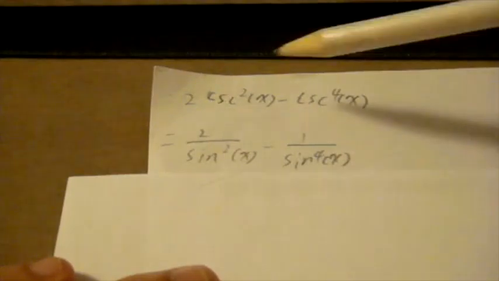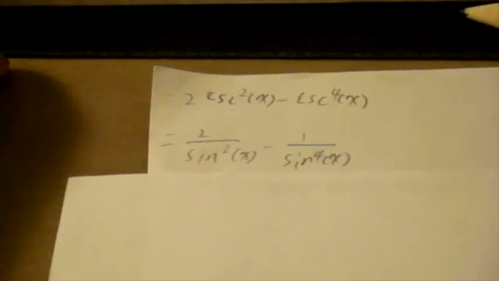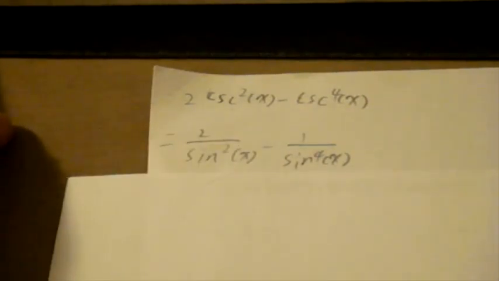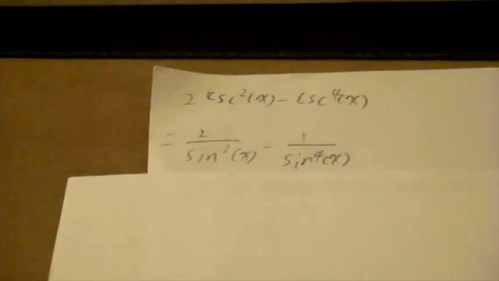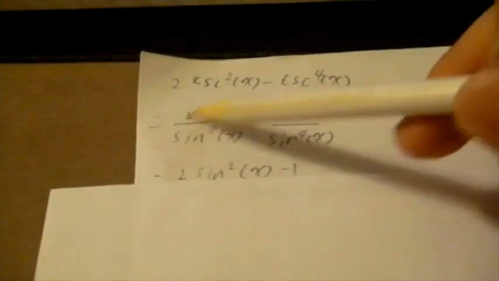in case you guys don't know, cosecant also equals 1 over sine, and this is our basic 6 trig equations. You guys need to memorize this to understand this. Okay, so 2 over sine square x minus 1 over sine 4x, and then we're gonna subtract them together,